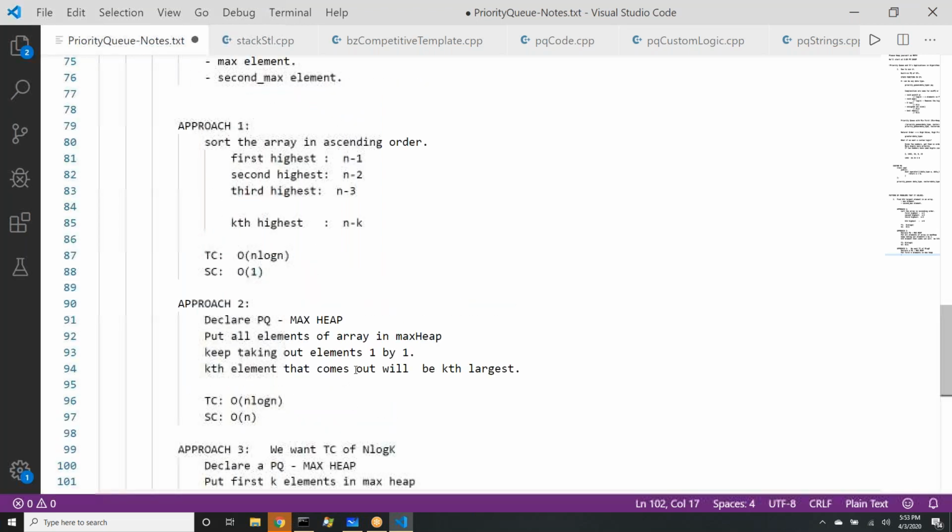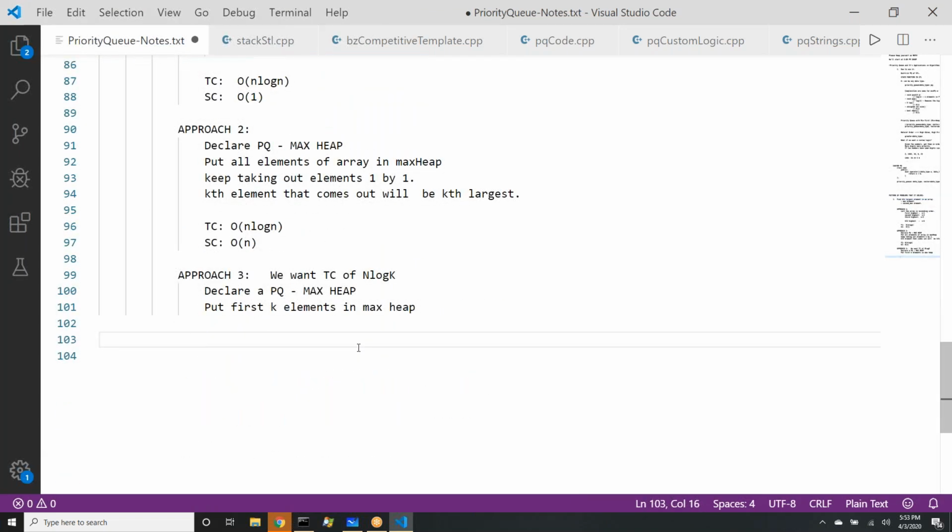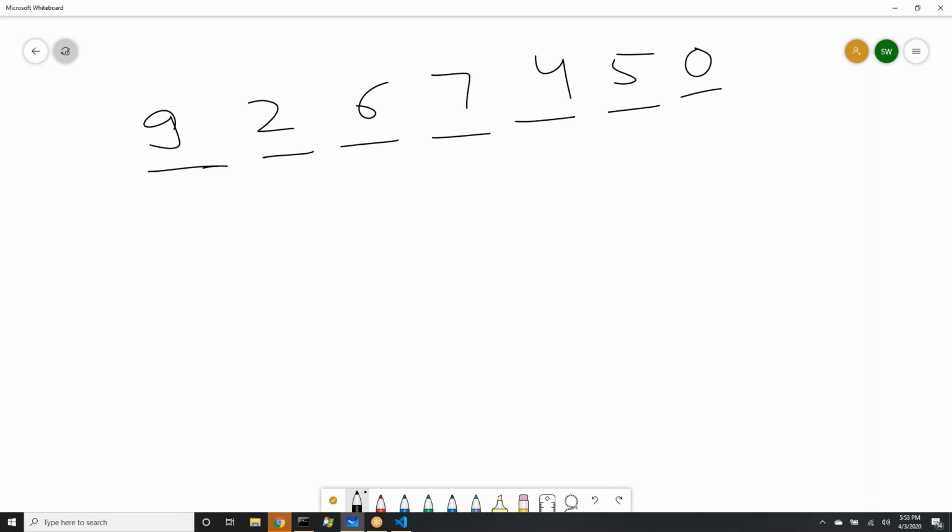After that, we want the kth largest element in the array. So what should we do? Yeah, guys, let's try to understand the simulation here. Let's say the array is 9, 2, 6, 4, 5, 0.